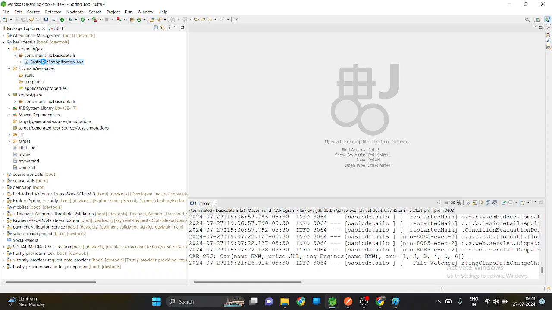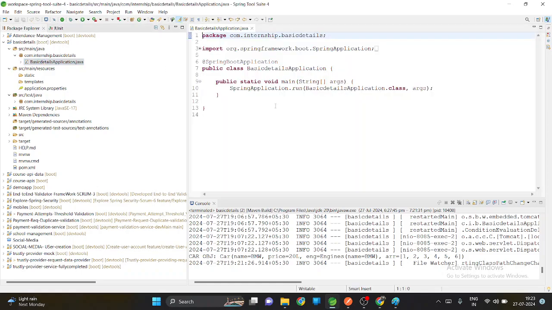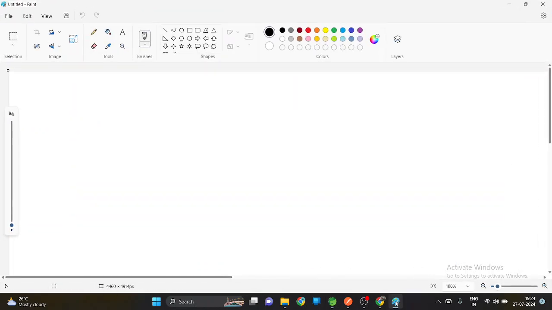This is the basic setup given by default by the Spring Boot application from spring.io initializer. So for the Spring Boot application, what is this annotation called? Why is it there by default? This annotation is a combination of three annotations. One is at the rate